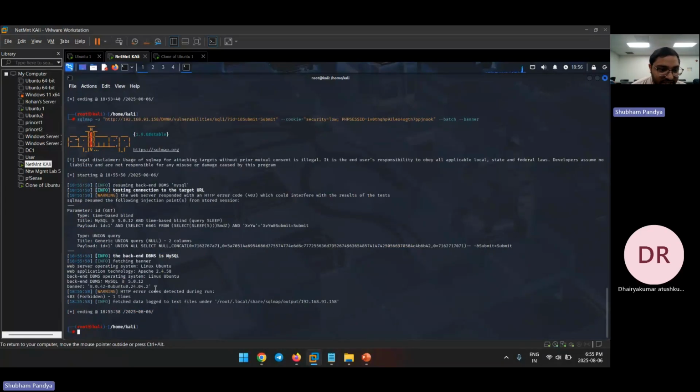Okay, so as we can see here, we have got a warning. Previously, we had not received any warning where HTTP error code detected. So the web server has detected that someone is trying to gather the information for an SQL attack. As we can see, the warning: HTTP error codes detected during run. So 403. It has logged us out, or it has broken the connection with us, so that we cannot get the information which we need for our SQL attack. Further,